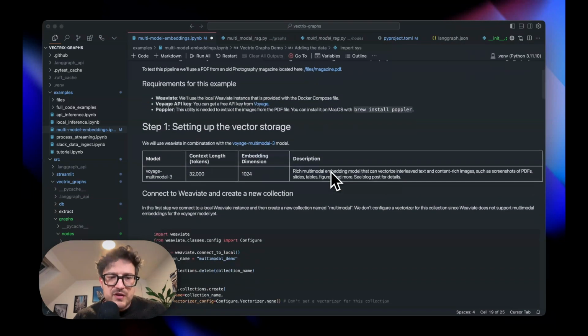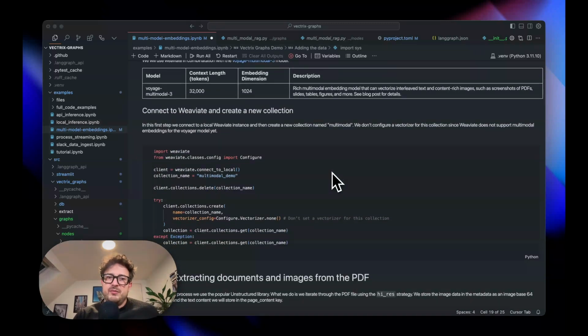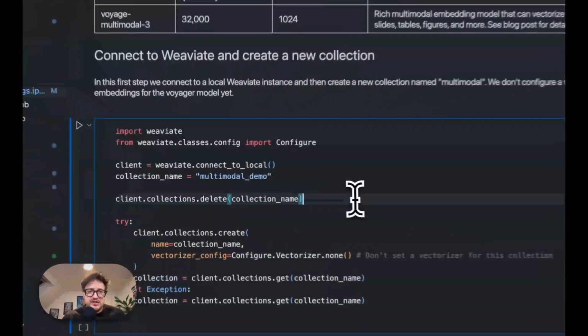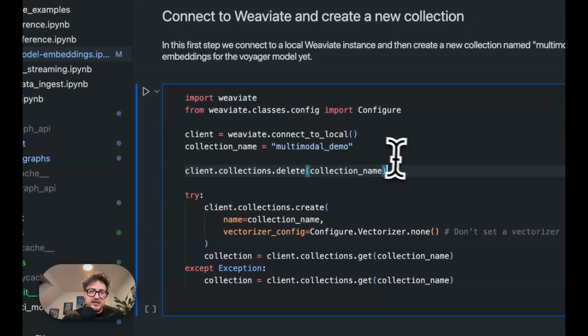So the first thing we need is a vector database. I use Weaviate because I'm used to it. I think it's a very good vector database, but you can use any vector store possible that allows you to use a similarity search. So basically what I do is I connect to a local Weaviate instance and then I